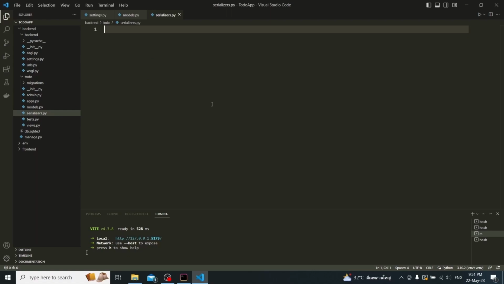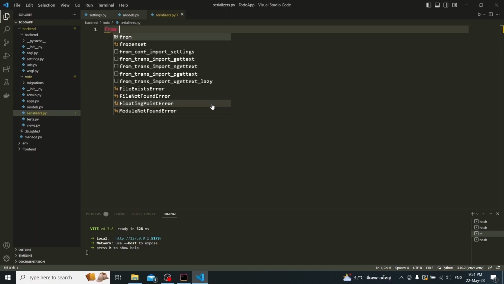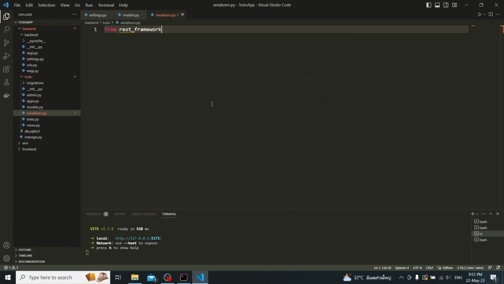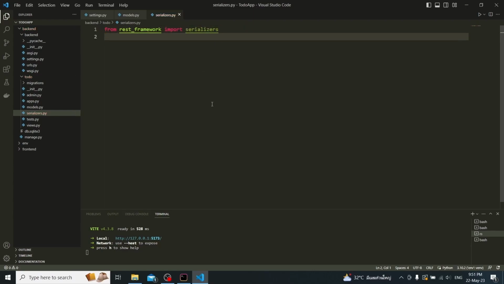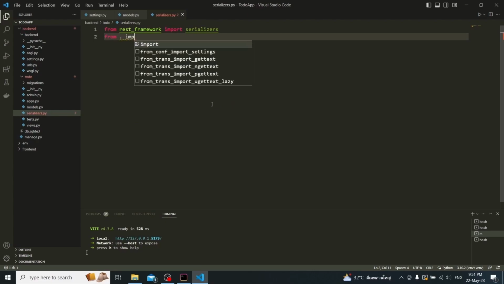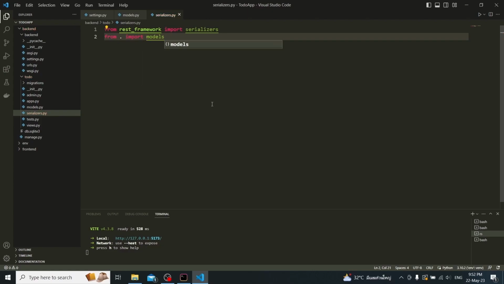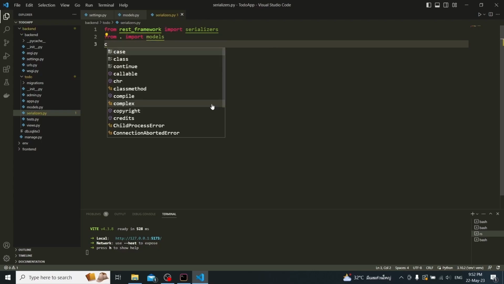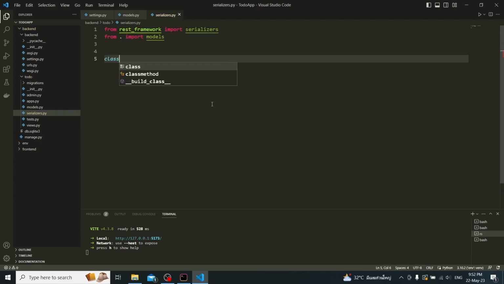Okay. And now that we have installed the REST framework, we just have to import the serializers from the Django REST framework. Let's also import the models from all the previous files. We're going to import the models, and you are going to create the class of the serializer. So we're going to name it TodoSerializer,